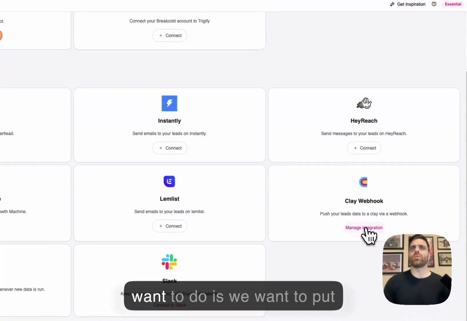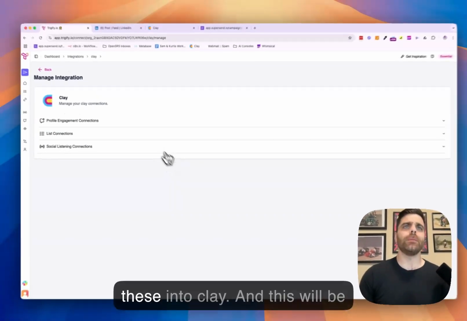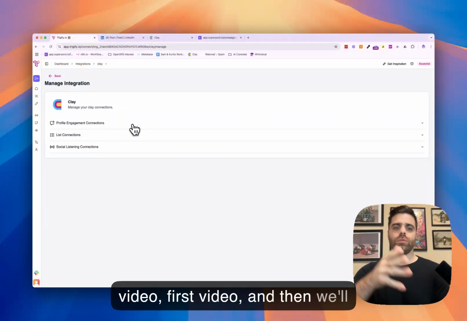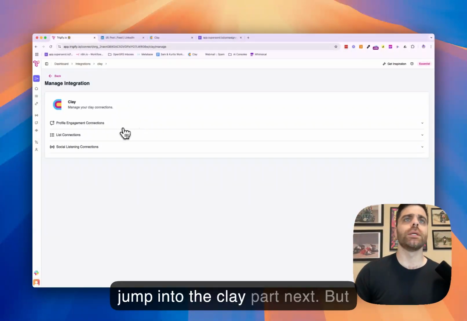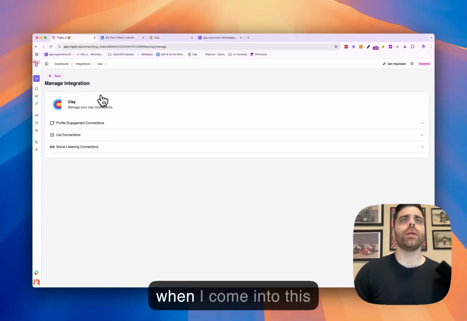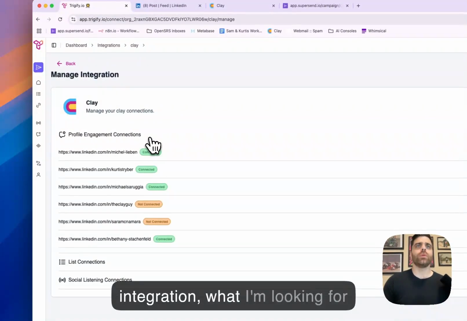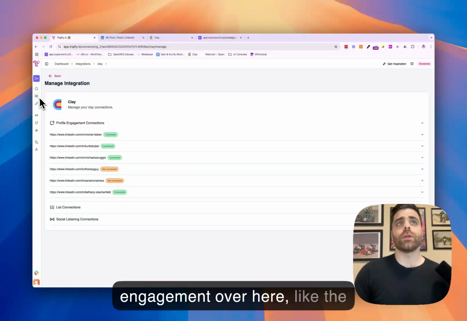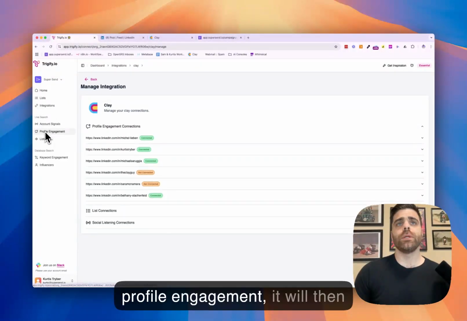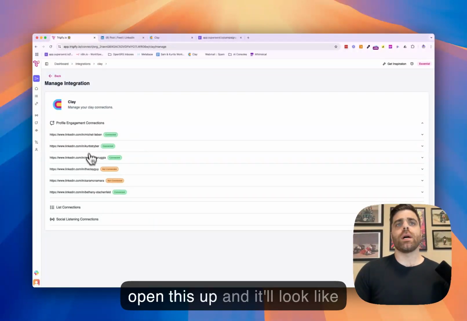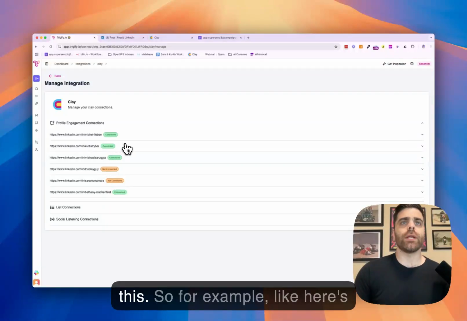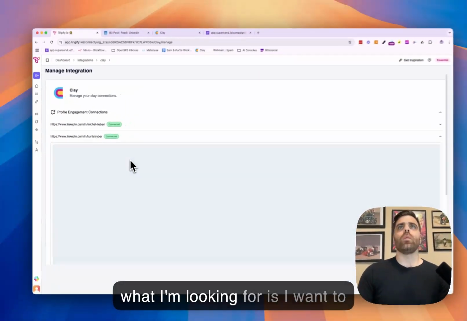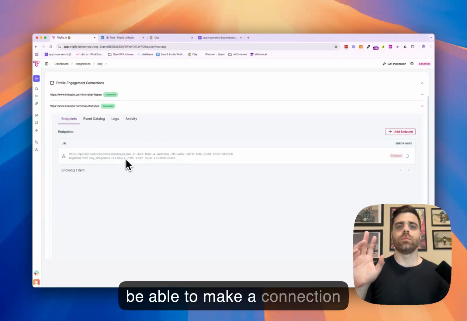But what we want to do is put these into Clay. This will be the last part of this first video, and then we'll jump into the Clay part next. When I come into this integration, what I'm looking for is the people that I added to engagement over here, the profile engagement. It will then open this up and it'll look like this. So for example, here's me. And when I open this up, I want to be able to make a connection